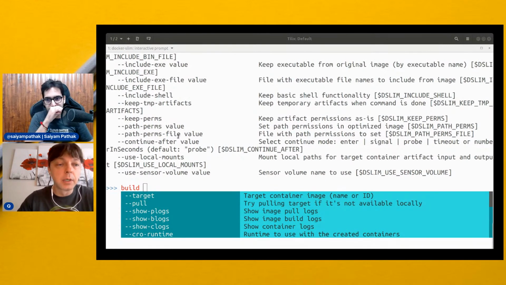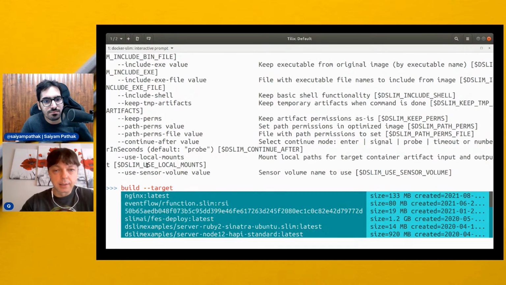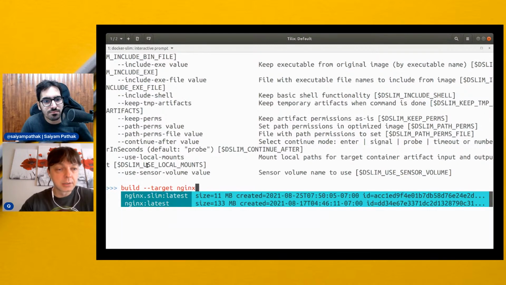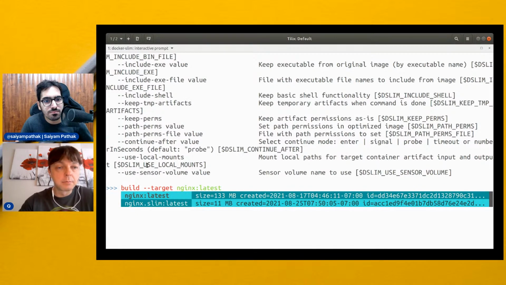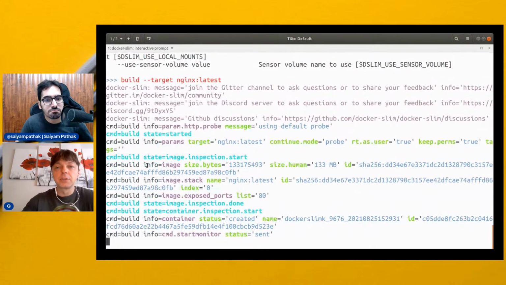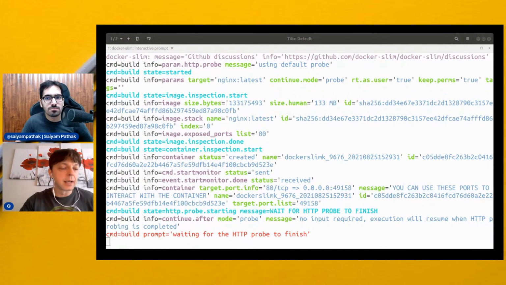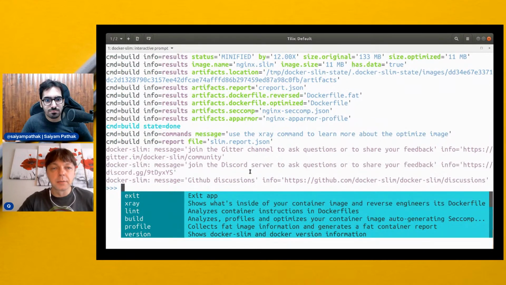So let's see how we can optimize nginx. Picking one of the parameters, target, and here I'm going to use nginx. And that's pretty much it. That's the default mode, where you just point at the image that you want to optimize, and you don't really need to specify any other parameters. So if we look at the output,